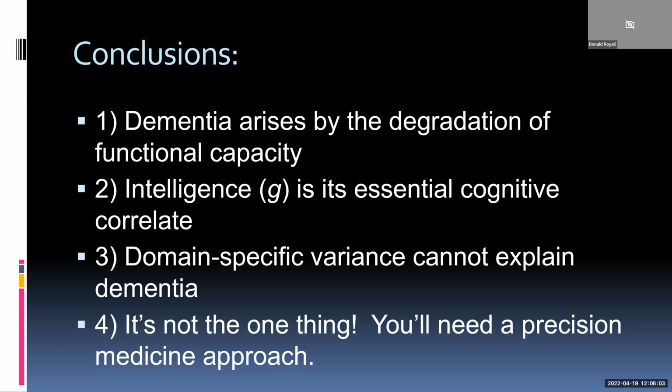You'll have to intervene on 4 different risk factors independently with 4 different interventions and hope to achieve some aggregate effect. And the only exception will be to identify individuals who are at a high risk of being impacted by the one thing you're prepared to intervene on. And for that, you're going to need a precision medicine approach. So that concludes my talk.